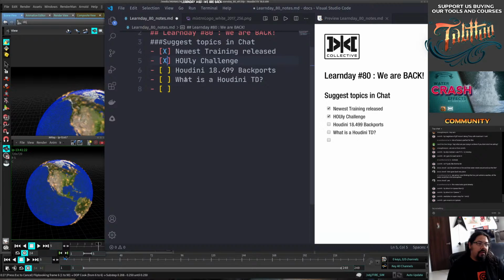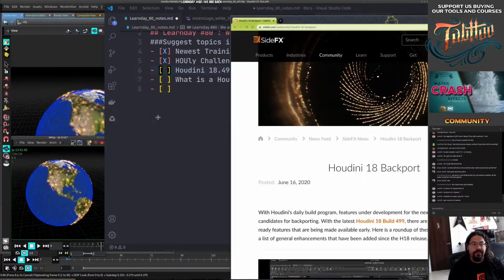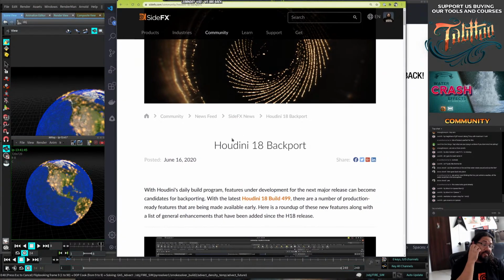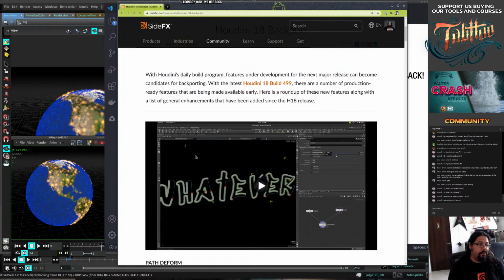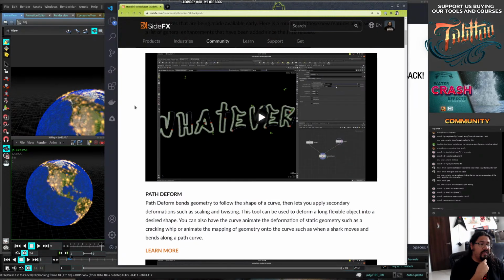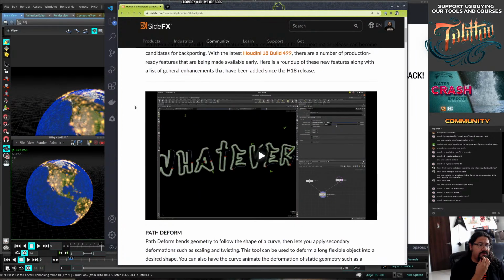So let's talk a little bit about the Houdini backports. I guess we're not gonna have time to try everything, but let's just talk about this. If you guys don't know, Side Effects released this backport, which has features that were planned for 18.5, and they basically ported them back to